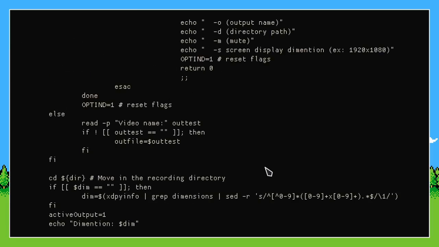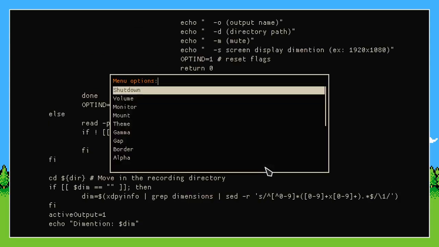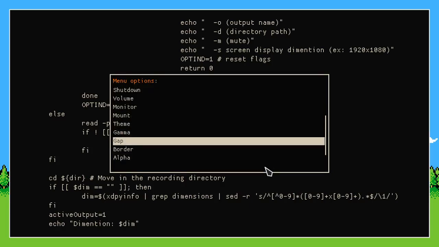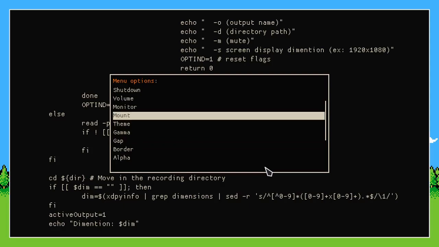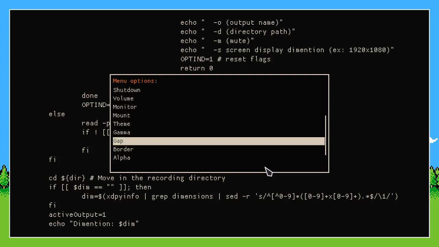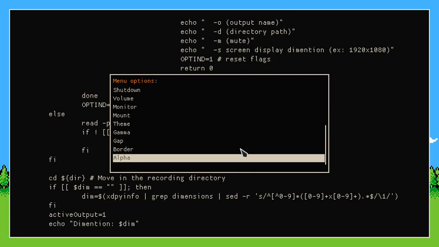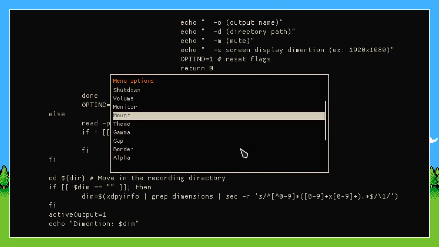Every aspect of my system, like you can see here, this is how I run applications. This is how I edit my settings. I made all of that, and I can control it, like I can mount USB drives by this. I can change my theme, gamma, the gap between my windows, that's the spacing that you see on the side here where you can see my wallpaper. The border, that's the white outline that you see on the application. The alpha, that's the transparency of my applications that will change for also the menu and everything.